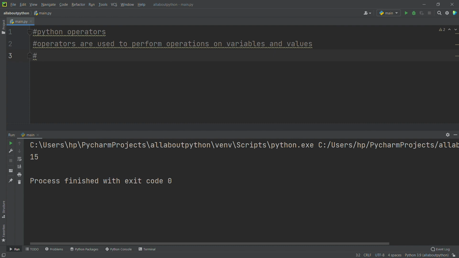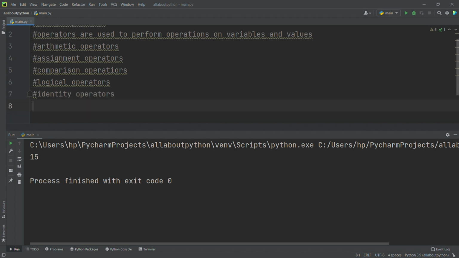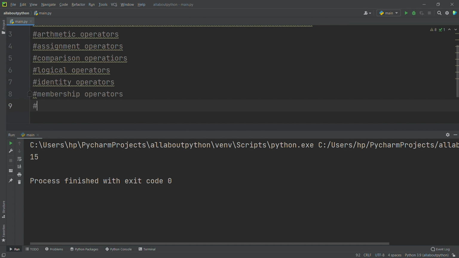We have arithmetic operators, assignment operators, comparison operators, logical operators, identity operators, membership operators, and the last type, bitwise operators.